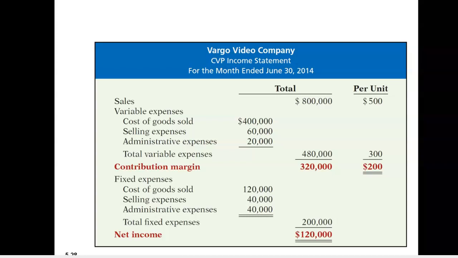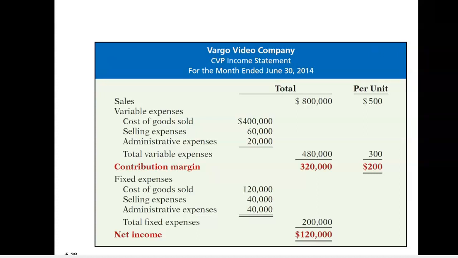So now I'm looking at my financial statement. I say, okay, sales 800, variable costs 480, and fixed costs 200. I subtract my costs and I have net income, 120,000. I haven't changed anything. I just rearranged the costs in terms of those costs that are variable and those costs that are fixed. Now, because the variable cost of 480 will increase in direct proportion to sales,